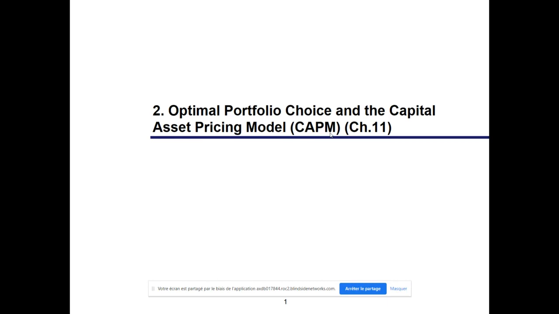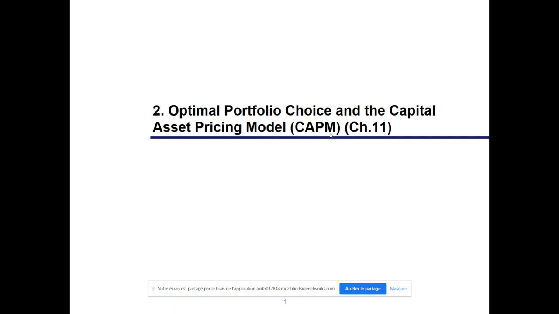What is the optimal portfolio choice? We're going to introduce you today, and also how these optimal portfolio choices will lead us to get something called the capital asset pricing model, or CAPM, that allows you to derive the relationship between risk and return for the